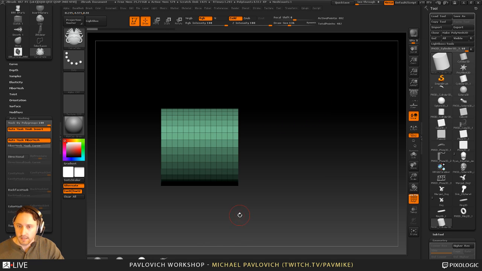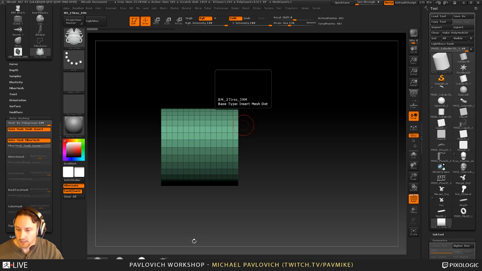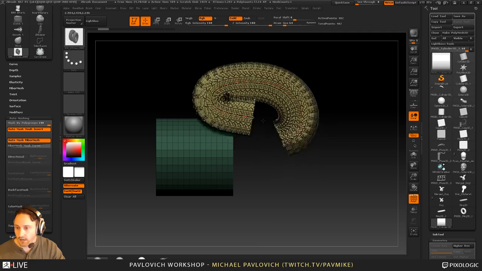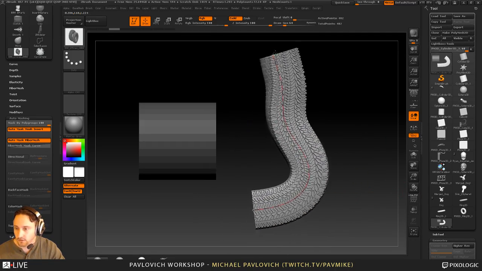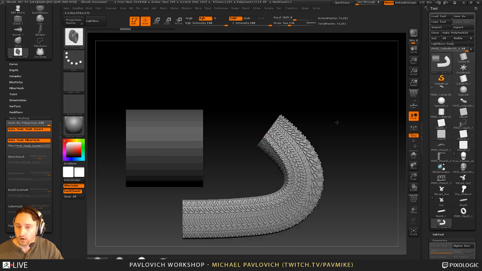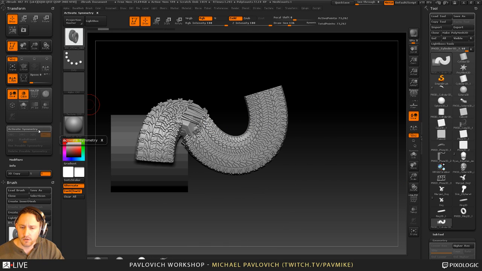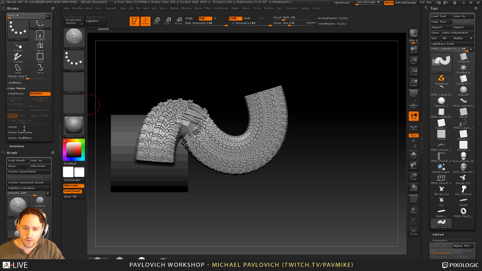So let's take that knowledge, and we'll go grab our B, insert multi-mesh tires here. So we can drag this out, and here is tire tread. Now, this in and of itself is pretty cool. It's like instant tire tread. So if you want to do like snow tracks, or let's do, just thought of this, brush, what am I looking for here? Stroke. About to have a stroke. There it is. Stroke, curve,